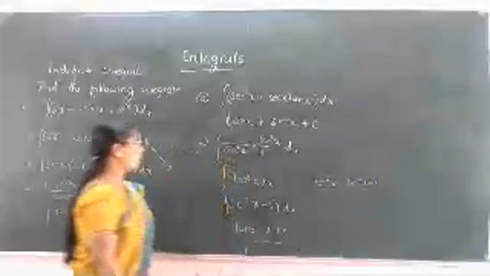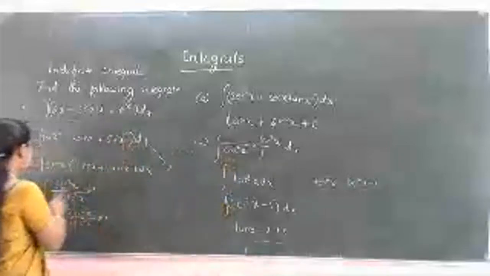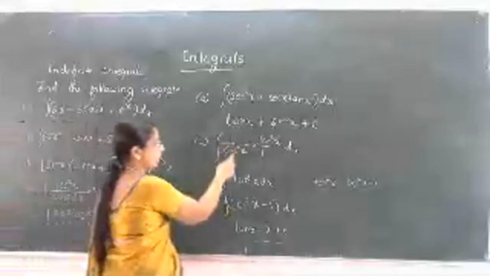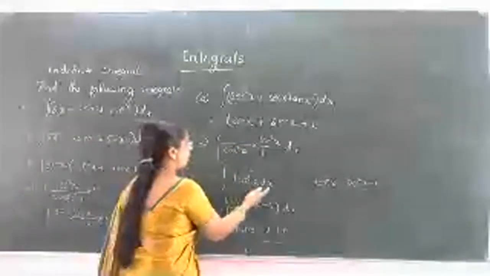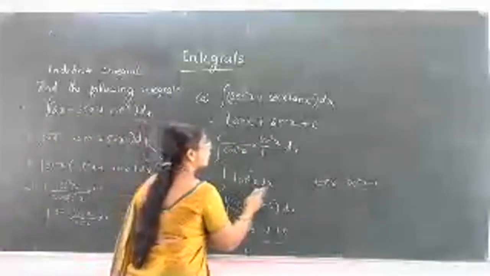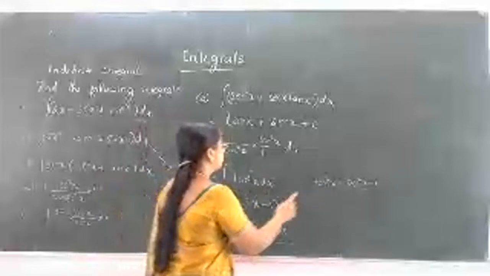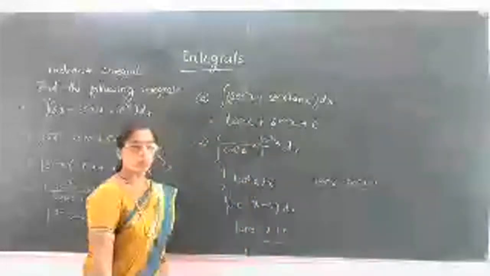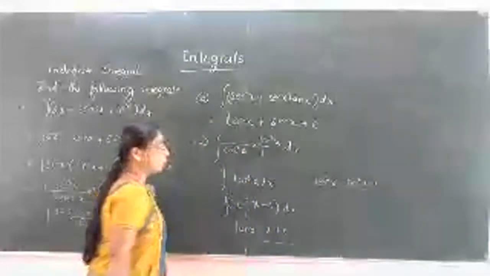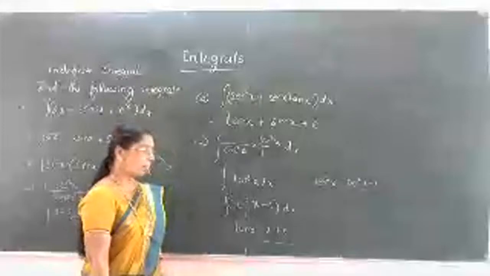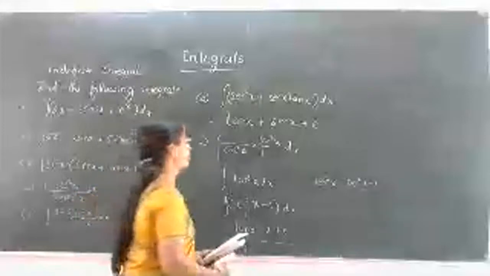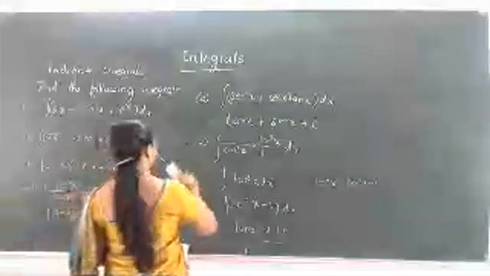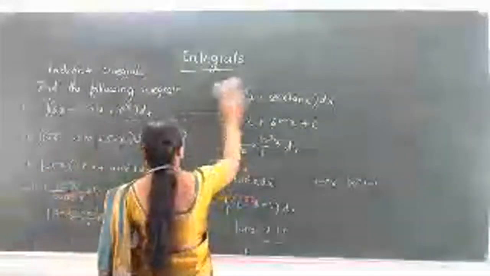For the integration of secant square x divided by cosec square x, first we translate it into tan square x form. Then tan square x, by using identities, we write as secant square x minus 1. Then integrating this, we get tan x minus x plus c. Next, the fourth is finished. Fifth one,